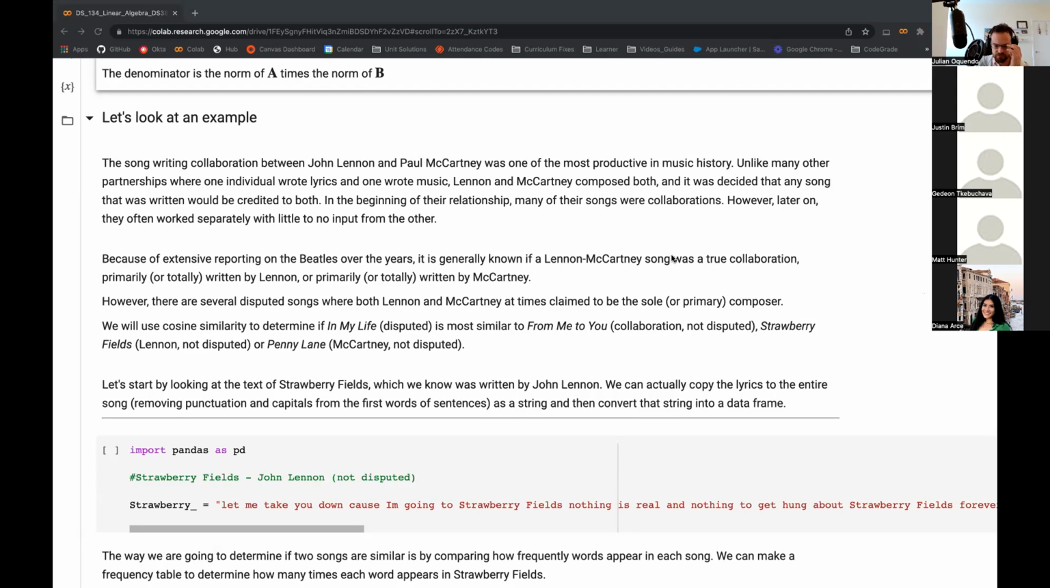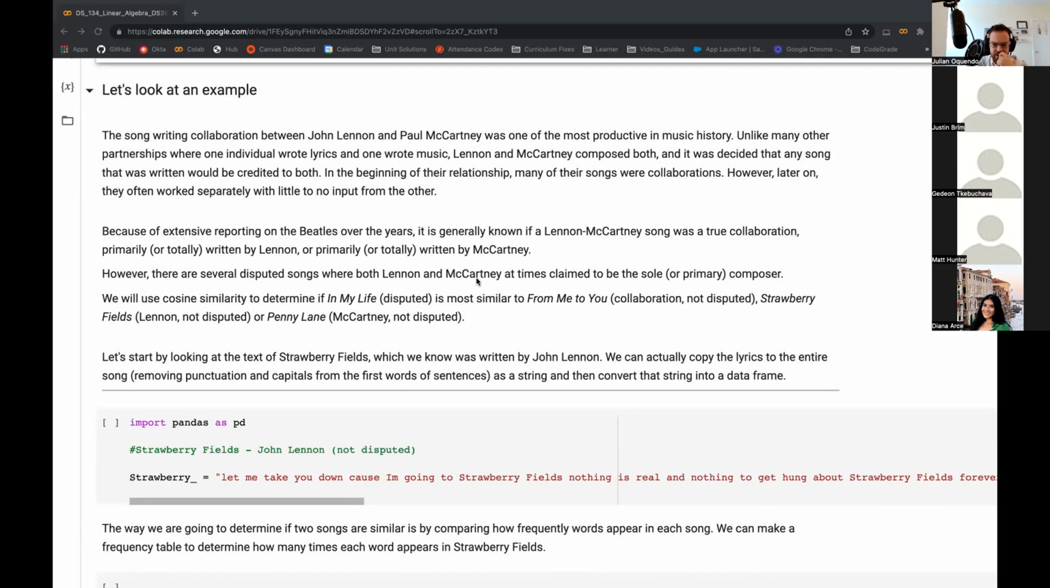So if we think about two different artists, we've got John Lennon, we've got Paul McCartney, two of the Beatles. They were both writers as part of their band, and they had essentially different partnerships. We all know that there are some songs that were written by each one of the Beatles. Sometimes they worked together, sometimes they collaborated, and sometimes they essentially wrote the songs and it was chosen to be part of their